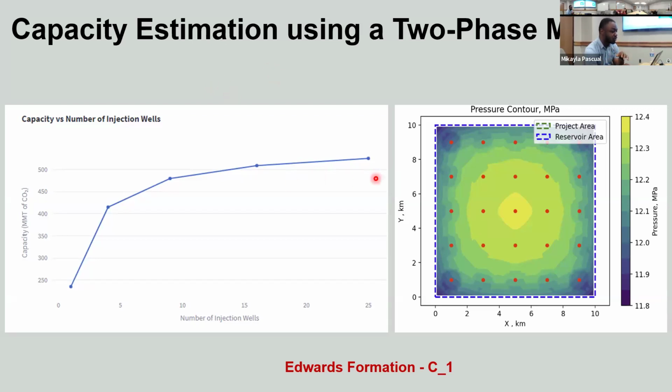So this again is the result from the same EZ tool, but this is the two-phase simulator. You can see, using the first case study for the Edwards formation, a thickness of 55 meters and a permeability of 1250, assuming the same bottom hole pressure conditions, we can inject up to 500 megatons of CO2 in this formation, depending on the number of wells you drill, right? And we have capacity on the y-axis. Ideally, you opt to go with the